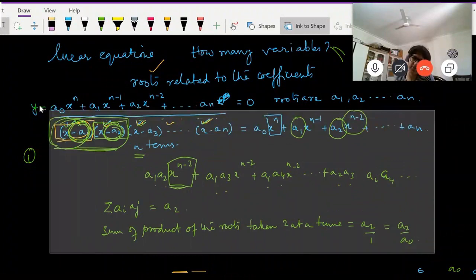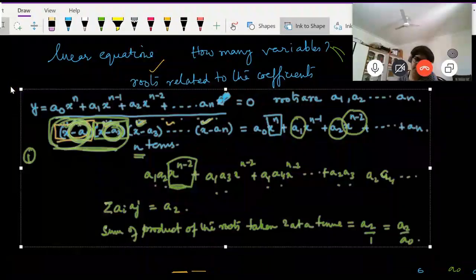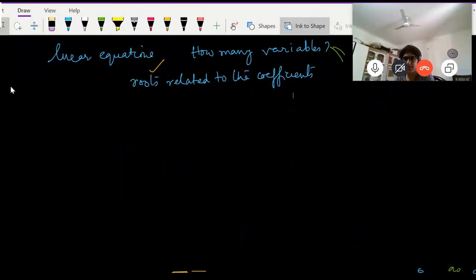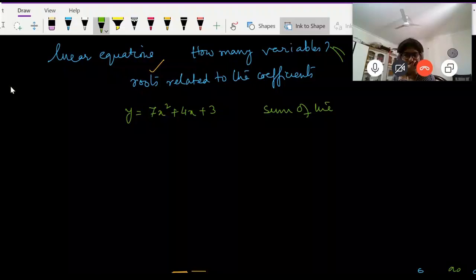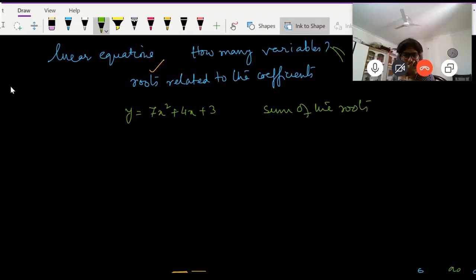Now, why did we do all this? What is the meaning of doing all this? So, if I have an equation y equal to 7x squared plus 4x plus 3, what would be the sum of the roots? Then we'll equate them and add them. No,